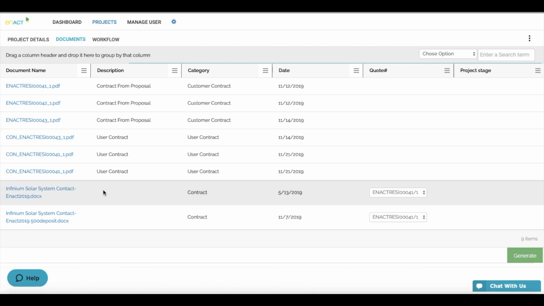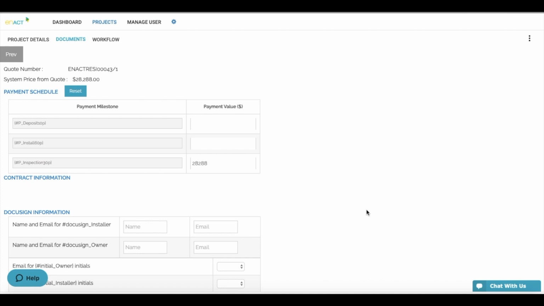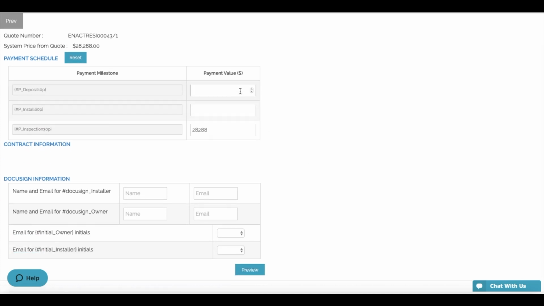By selecting the contract of your choice, you can have as many templates as you like, and the right template along with the right proposal to match with it, which is the latest one we just did, would now match each other, and you click on generate. Once you have the price and the payment terms locked, you can fill in the numbers for the milestone payments. So let's say in this case there are certain milestone payments that we are owed by the customer,